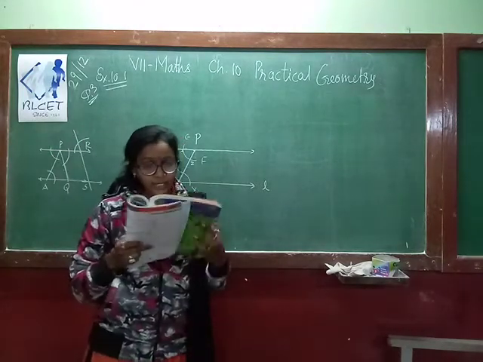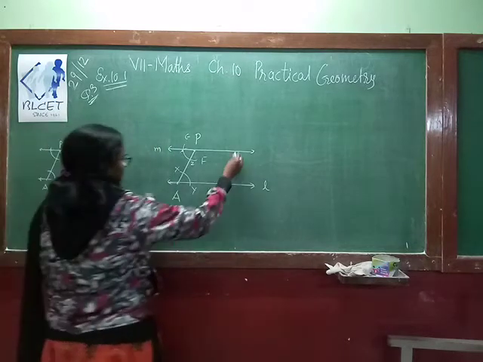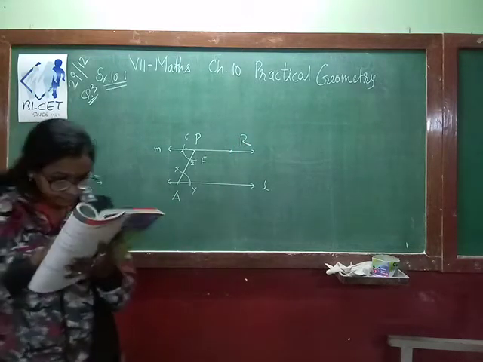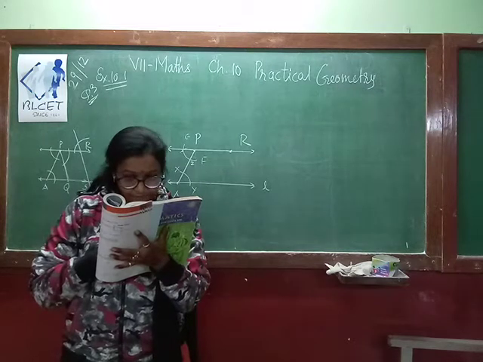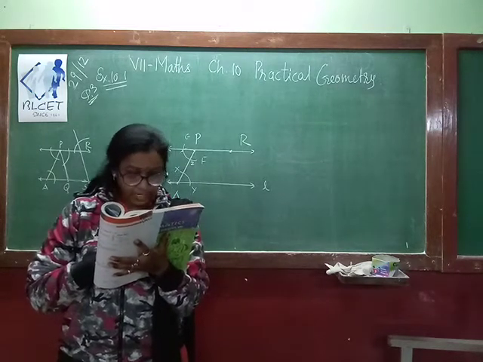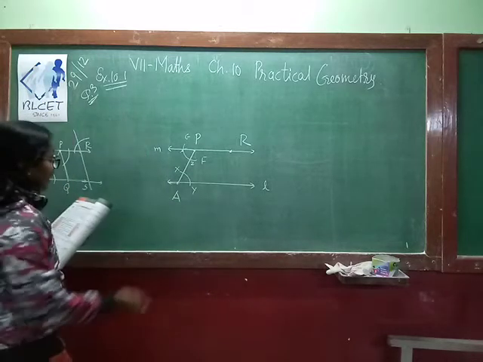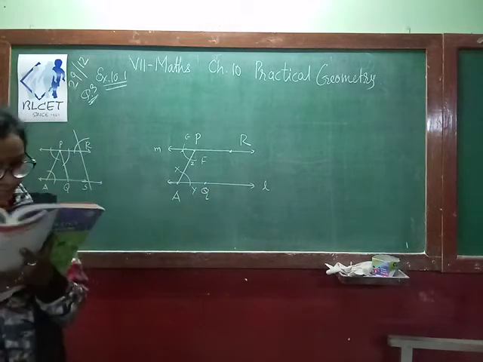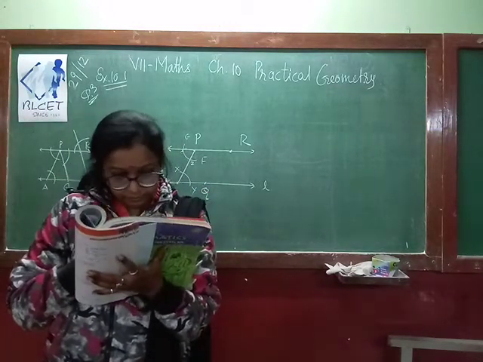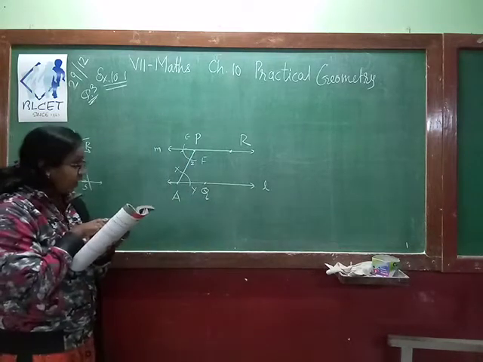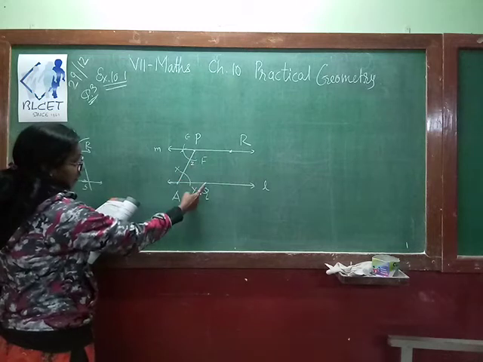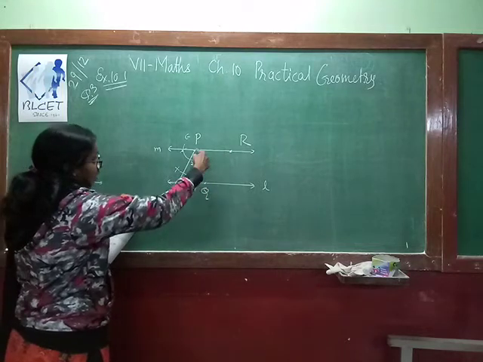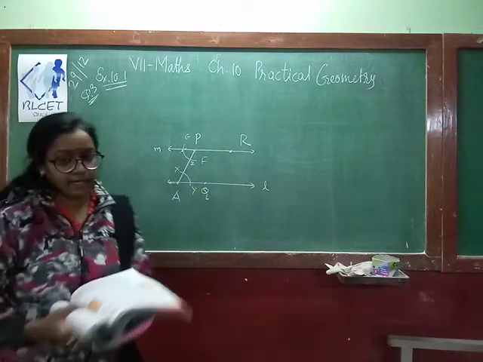Choose any other point R on M. So I am just choosing one point R on M. Through R, a line parallel to PQ we have to draw. So we have to take one more point over here, that is Q on line L, that is already given. Now join P to any point Q on L. We will join these 2 points and you will have to draw the parallel of PQ which passes through the R. So let's see.